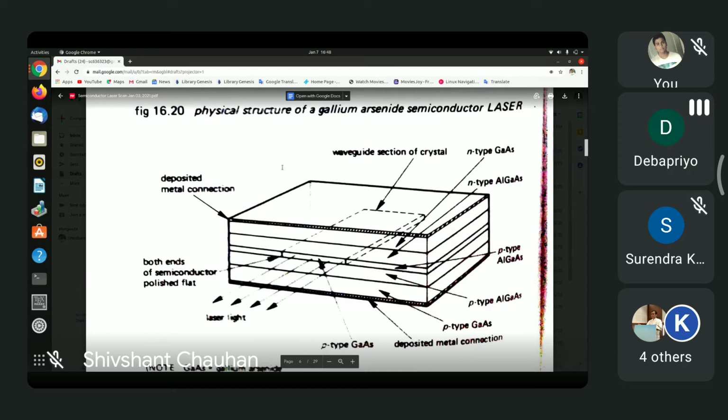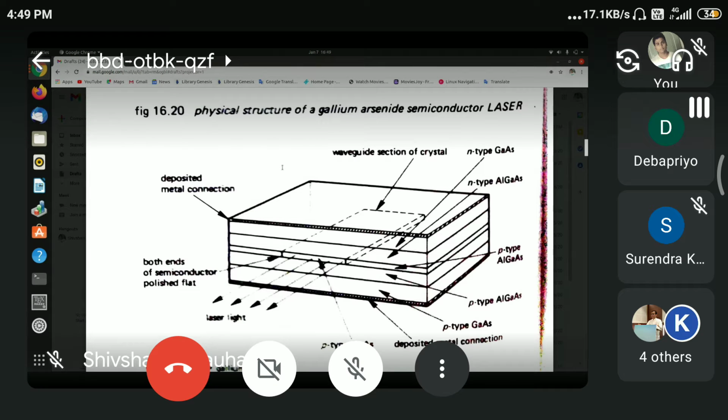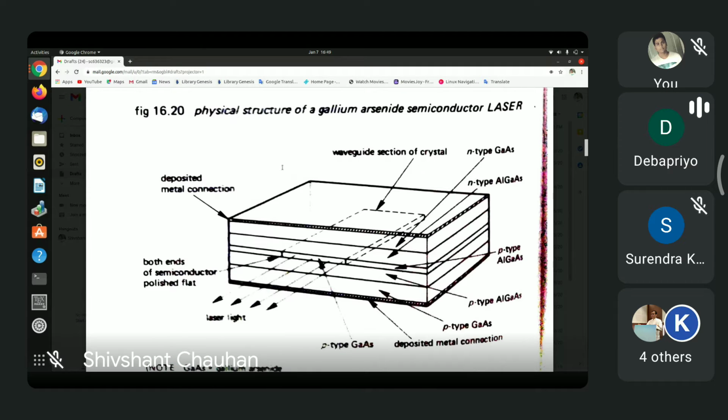So what happens is that if you look carefully, under that you have a region of p-type aluminium gallium arsenide, then underneath this you have p-type gallium arsenide, and then at the bottom you have deposited metal connection. So there is a junction between n-type aluminium gallium arsenide and p-type gallium arsenide. If you look carefully, you will see that the layer just above p-type gallium arsenide is a layer of n-type aluminium gallium arsenide. So here is a p-n junction, and in this p-n junction, when recombinations take place, photons are